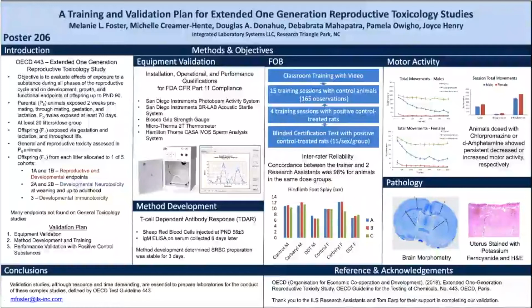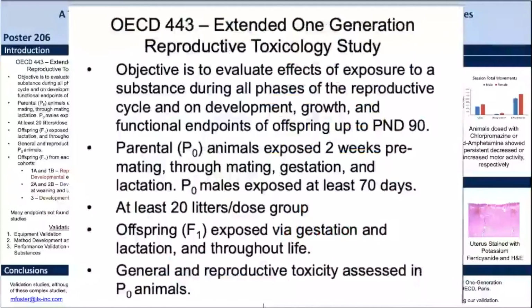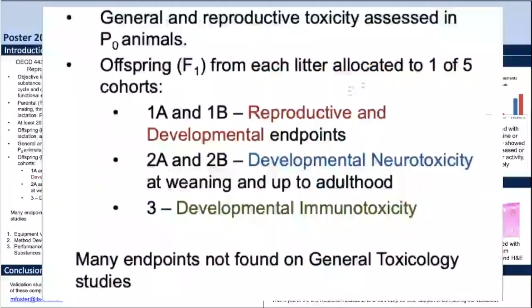I'm Melanie Foster. I'm going to talk to you about the training and validation plan that my colleagues at ILS and I used to prepare for an extended one-generation reproductive toxicology study, covering all the phases of the reproductive cycle and development, starting with exposure to the parents pre-mating, through mating, gestation, and lactation, and through the life of the pups. The parents and the offspring are assessed for general and reproductive toxicity, and in addition, the offspring are allocated